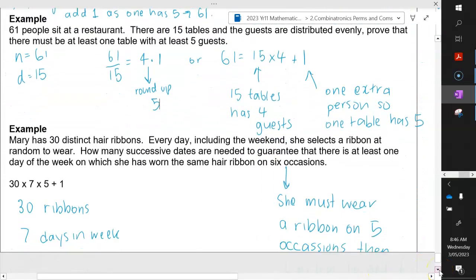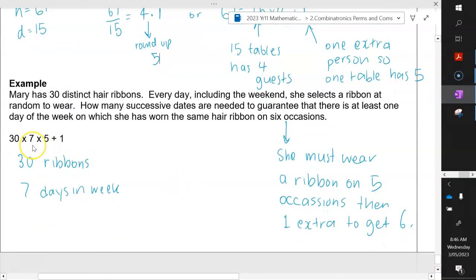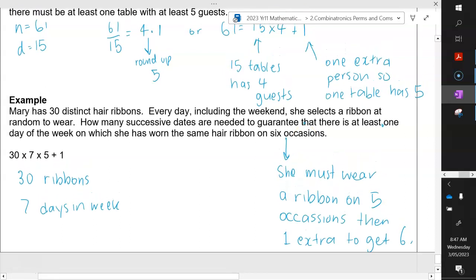Let's look at the last example here. Mary has 30 distinct hair ribbons, so they're all different. Every day, including the weekend, so we've got 7 days, she selects a ribbon at random to wear. How many successive dates are needed to guarantee there is at least one day of the week on which she has worn the same hair ribbon on 6 occasions? So it's only one day of the week. I'll underline that bit there,